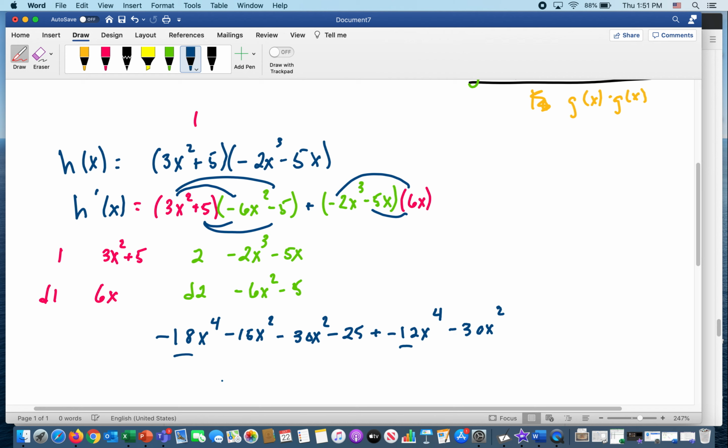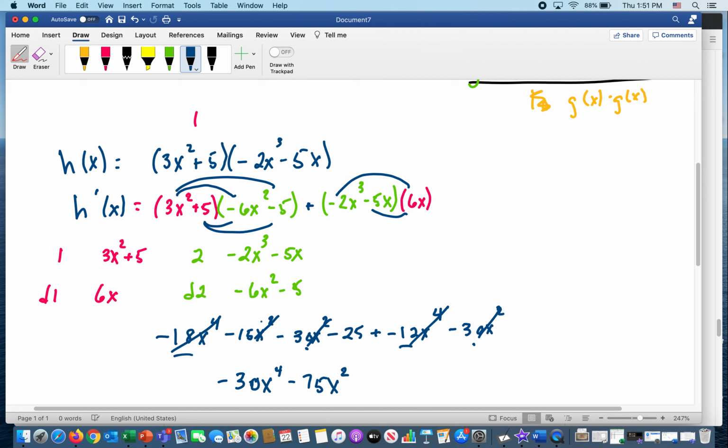This will give me negative 30x to the fourth. One of the things that I like to do is go mark these things out when I'm done. So this is negative 60x squared. Here's a negative 75x squared. Okay, I've combined all the x squareds. And then it's a matter of, I got a negative 25 right here. I think I may have,